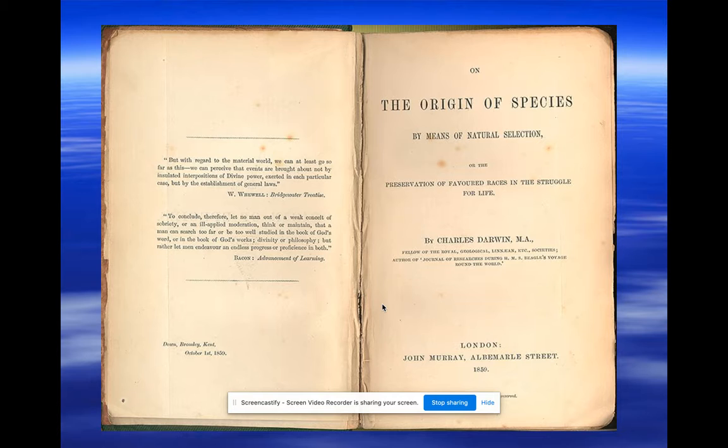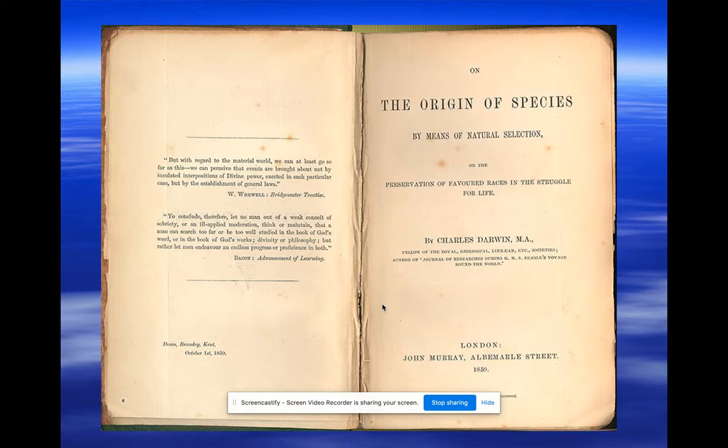So what he did is he put all this stuff together, and this is a copy of his original book. It's called On the Origin of Species. It was published in 1859. It was a little controversial then because obviously the main mode of creation of life people thought was God. That God was the main reason why all living things were here, and God created everything in the way he created it from day one. Here he comes with a book and says, listen, I think species might change over time, and they aren't exactly how they were thousands and millions of years ago.